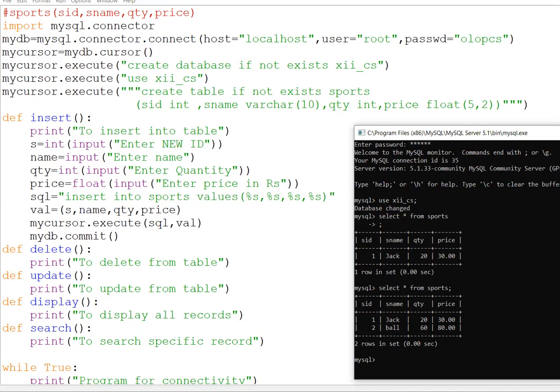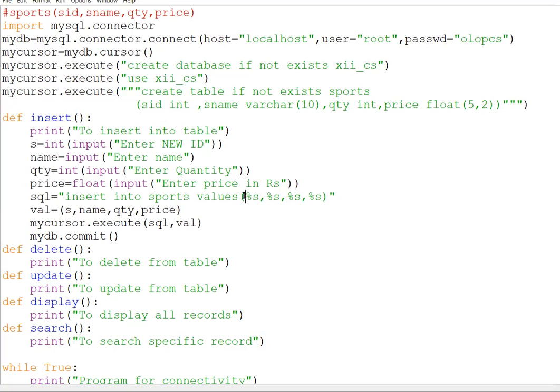Ma'am, what does this statement %s reflect? See, %s is a format specifier basically. It indicates that instead of this, any value will be coming. Which value will be coming, that we write later on. The first %s will be replaced by this value, the second %s by this value, third by this, fourth by this.